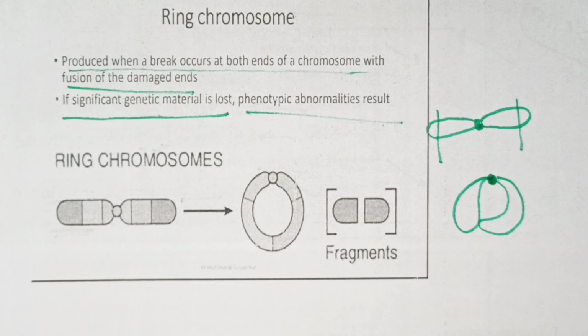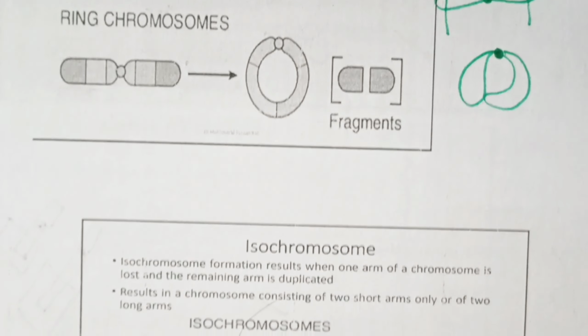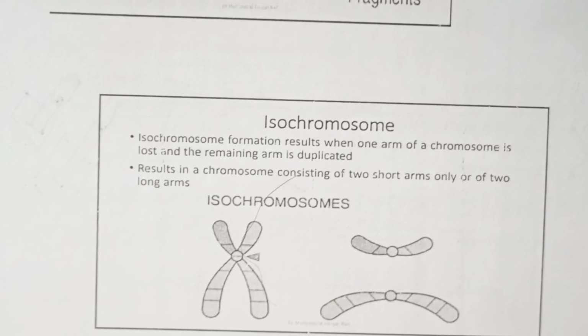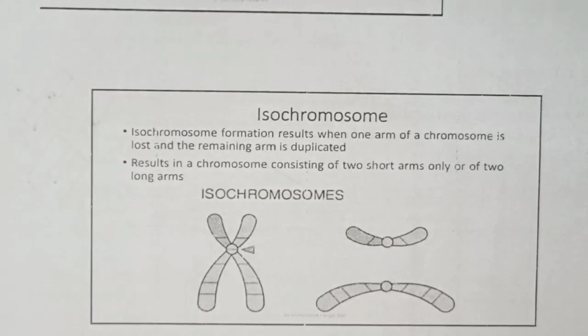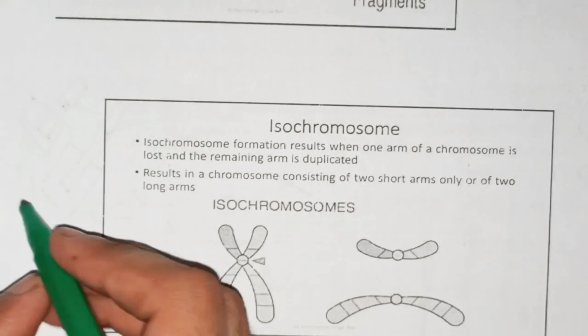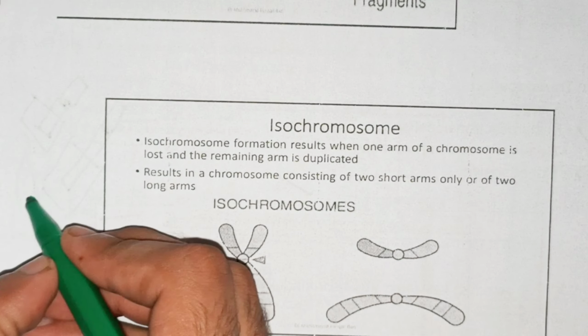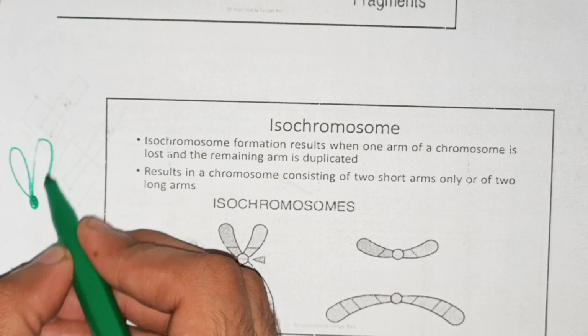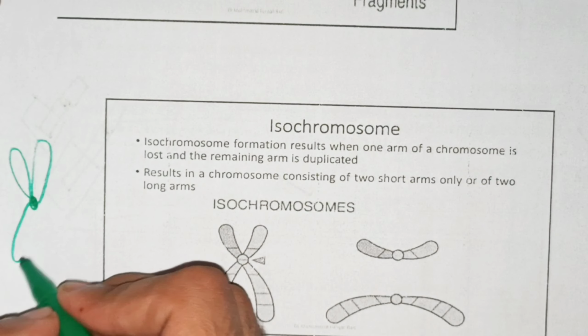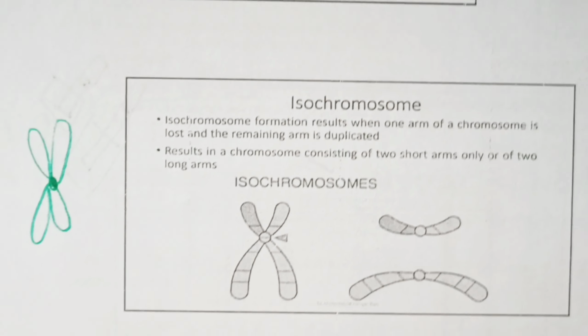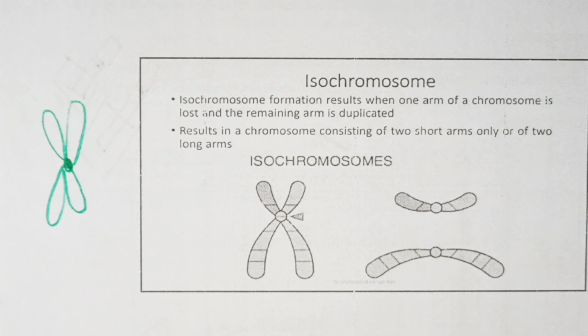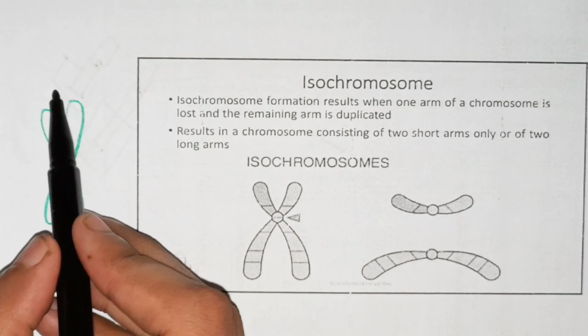After this ring chromosome, beta, another term, that is isochromosome. Again, very important and very interesting term to understand. Isochromosome, what happens in this is beta, normally what happens, if this is a centromere and these are the arms, you know, normally what happens, and when your cell is dividing, normally what happens is that there is vertical division, कुछ